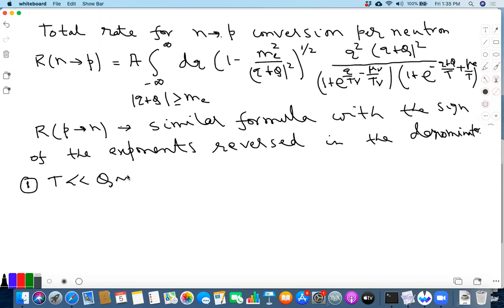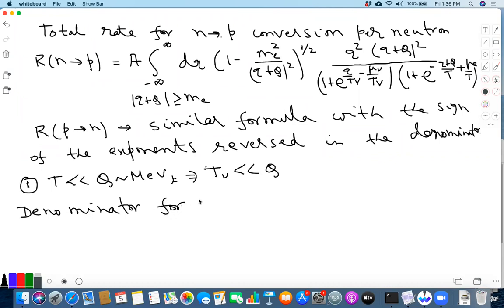Q is of order MeV. And this means that T nu also is much smaller than Q, because T nu by T ratio is some constant fixed. So now, if you look at the expression for the R N to P, we see that the denominator for R N to P is large